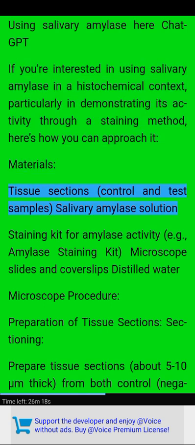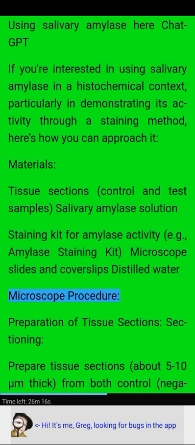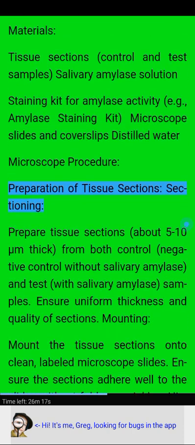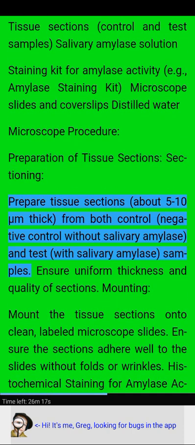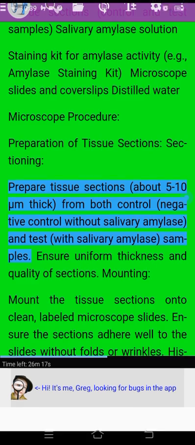Materials. Tissue sections, control and test samples, salivary amylase solution, staining kit for amylase activity, e.g., amylase staining kit, microscope slides and cover slips, distilled water. Microscope procedure. Preparation of tissue sections, sectioning. Prepare tissue sections about 5 to 10 microns thick from both control, negative control without salivary amylase, and test with